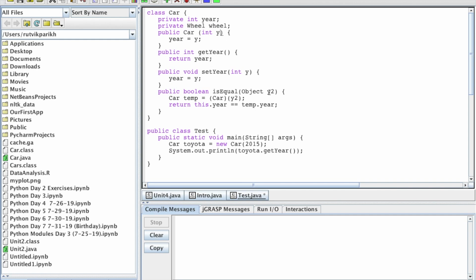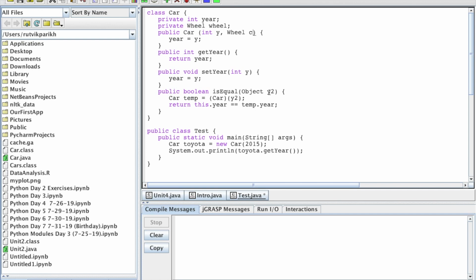So there's our object Wheel, and another thing we need to be very careful of is aliasing in this case. So let's put in right here that we are also going to accept, from our Wheel class, a Wheel c, for company. In order to actually run this, you'd need another Wheel class, which would have a company attribute and a getCompany method, which would return the company. That's something that we know how to do at this point, so I'm just going to explain how to do this to you,